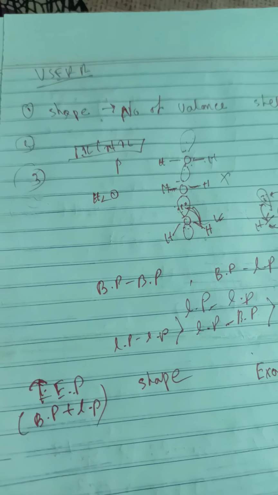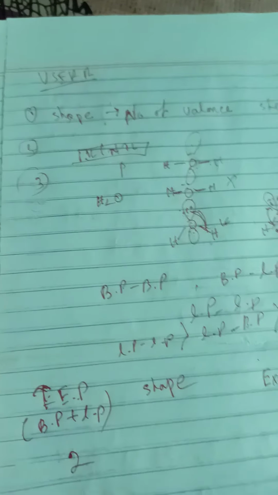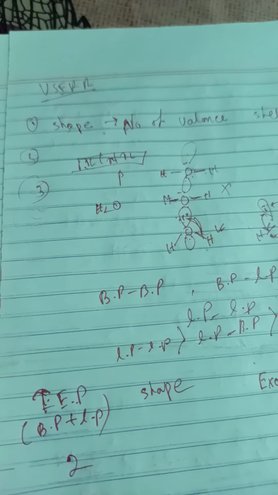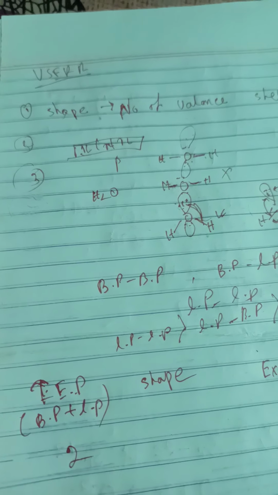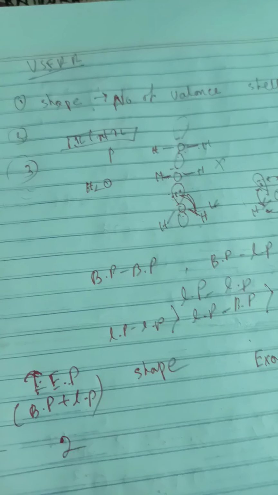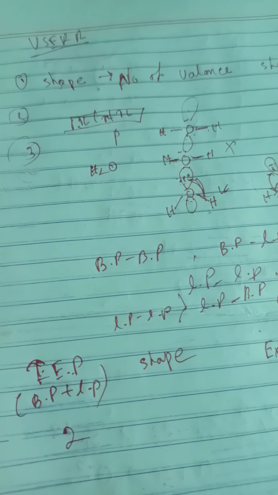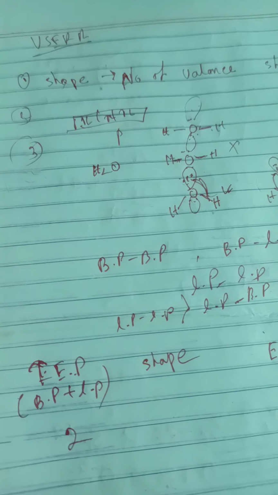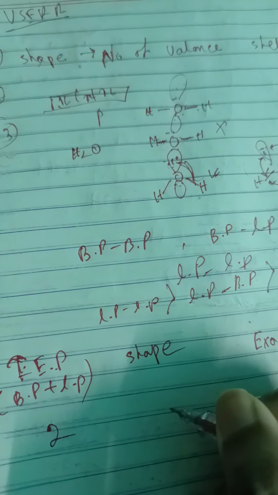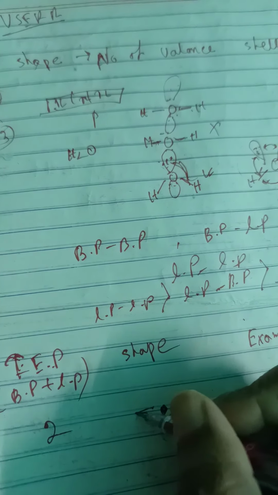Okay, so first will be number 2. Suppose in my molecule it starts with number 2, because to form a molecule at least 2 electron pairs have to be there. If you see any molecule, it has to be. So if in my molecule 2 total electron pairs are there, and I have a central atom, so the shape will be linear.